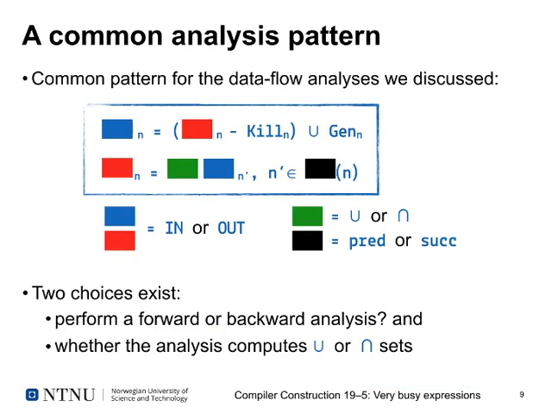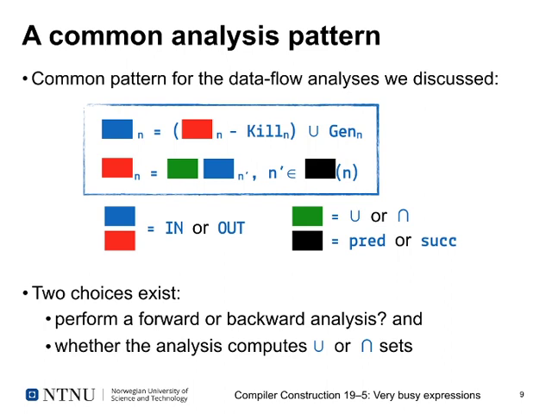Now, if you look at all these static analysis we've considered before, maybe you've seen a common analysis pattern. And this common pattern is shown on this slide here. So essentially, we color-coded it. So something blue of the current block we're looking at, or the current program point n, equals something red of that block n minus kill n joined with gen n. And something red equals some operator here of some sets, and those go over n dash, and this n dash is part of a set related to n. Now that's very, very